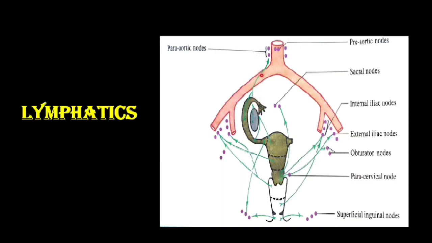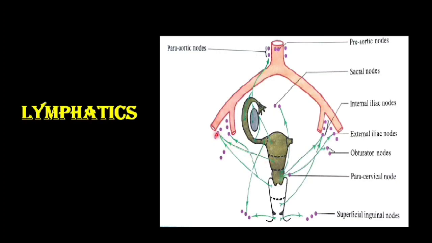And from the lateral angle of the uterus, you can see some vessels also drain into superficial inguinal lymph nodes, and that pass through the round ligament of the uterus. So next is from the lower part of the body. You can see here in this diagram, from the lower part, the lymph vessels drain into the external iliac